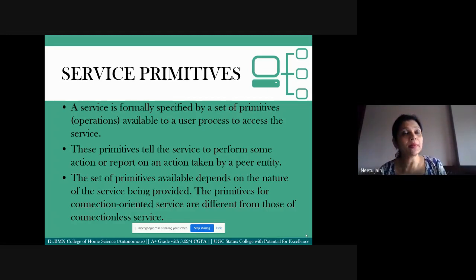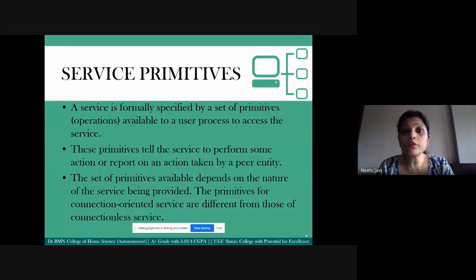Now suppose I want to use the service of printing a particular document. I will give a print command, but after issuing that command, what happens inside are operations that are performed in order for the user process to avail that service of printing a document.